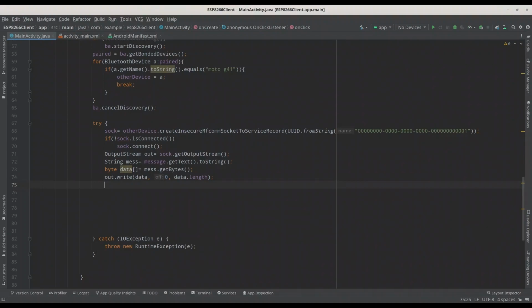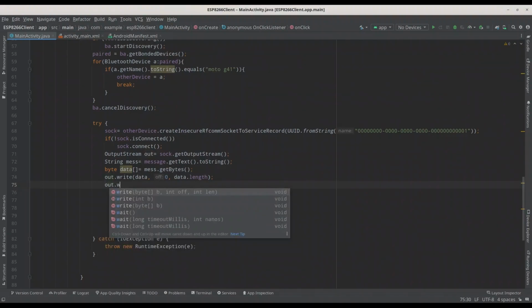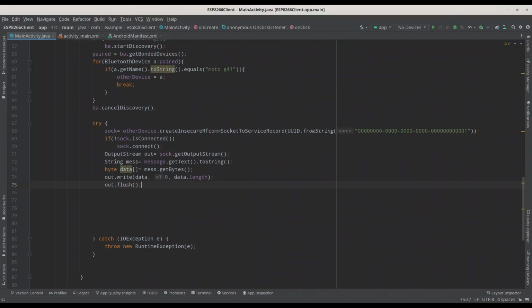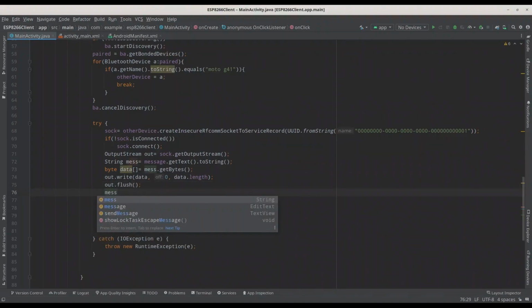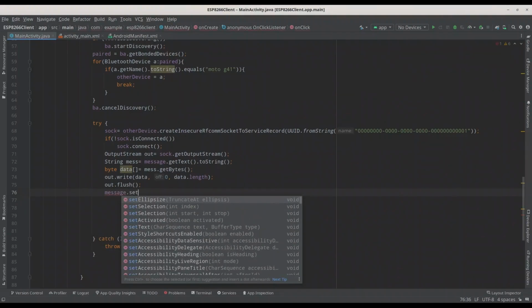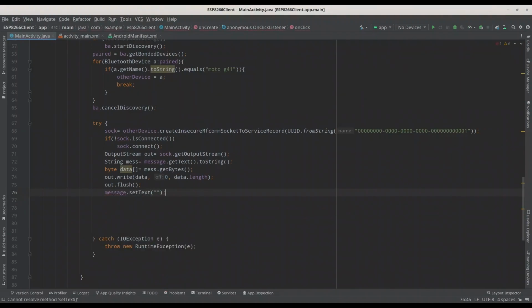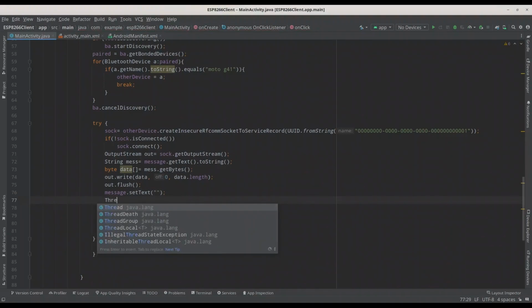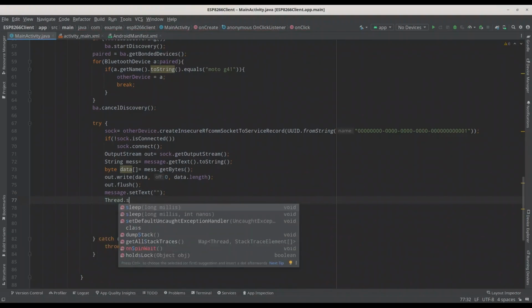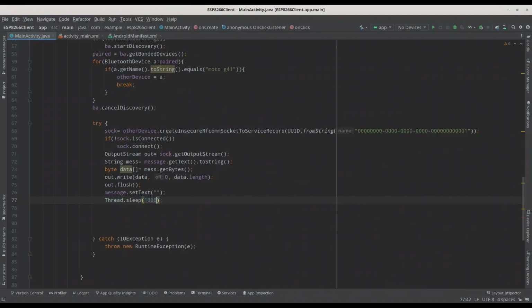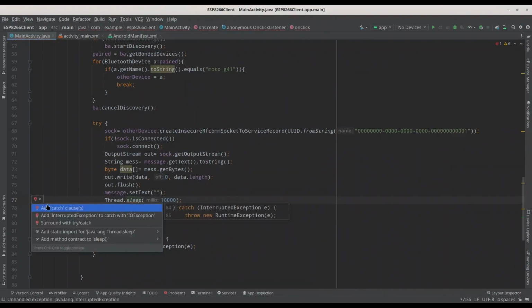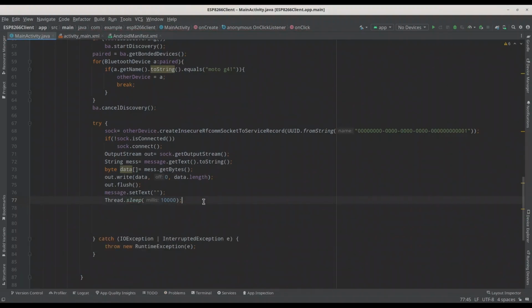Now we are going to flush this socket out, flush. We are going to set our edit text content to nothing, and this is important part, our thread is going to sleep for 1000 milliseconds,